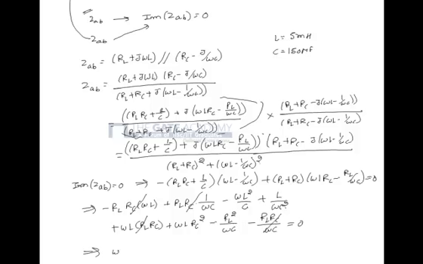On simplifying, this becomes omega L times RC square minus L by C plus 1 by omega C times L by C minus RL square. The condition is that the circuit needs to be resonant at all frequencies. It means that this term should be 0 and this term should be 0. So for that to happen, RL square should be equal to L by C and RC square should be equal to L by C. It means that for the circuit to be under resonance, RL equal to RC equal to square root of L by C. On substituting the quantities given, it can be obtained that